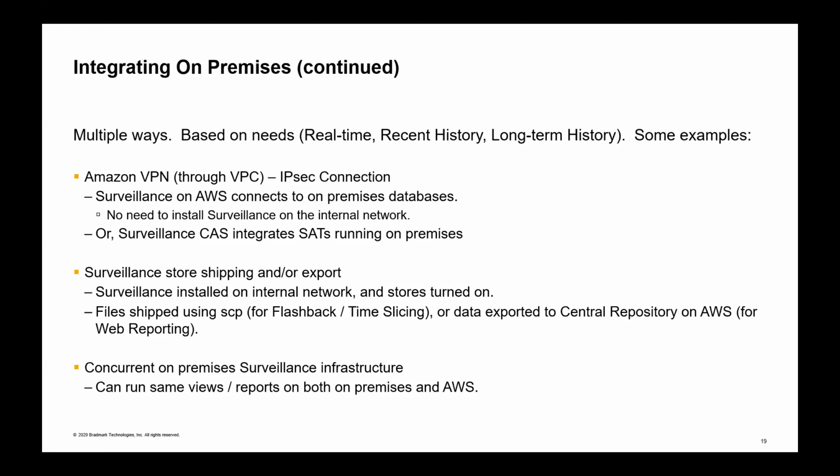And then one other option is, of course, you can always just do it manually and have surveillance installed both on your cloud instances and on your on-premises, and just have different CASs for each. And you can use the same interface on both of them. So especially if you haven't been able to get to the other technologies yet, you can at least get surveillance going on your cloud and surveillance on your premises, and you can still have the same look and feel, everything's the same between the two. That way, when you do combine them or you transition to the other one, you'll already have people trained on that interface.